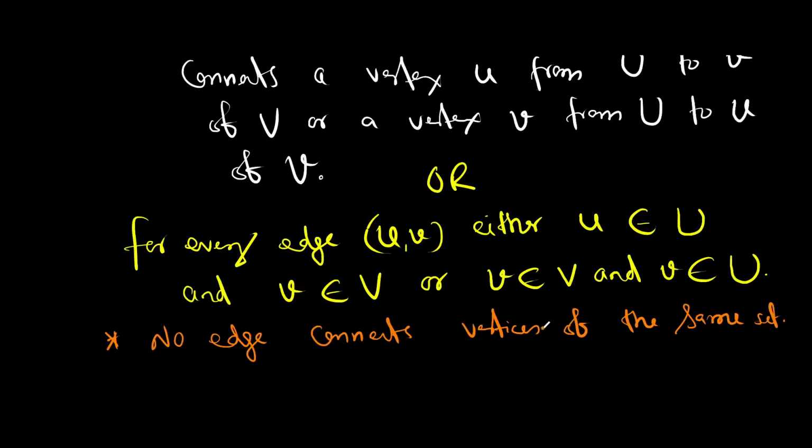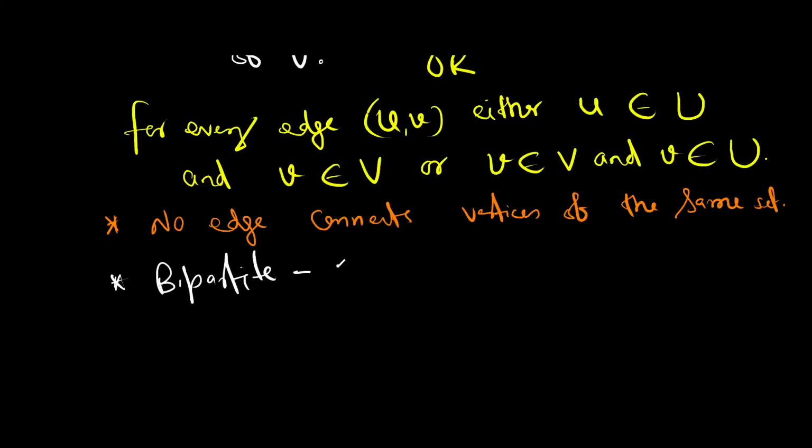I hope you are getting it. So basically we are dividing the whole graph into two sets, right? And those two sets are collections of vertices. Clear? We can also say that a bipartite graph is possible if graph coloring is possible with two colors. And this is very important. We are going to use this particular property to find out whether a graph is bipartite or not.